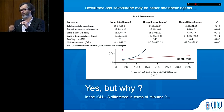I don't even remember the study where I picked this slide, but you can see that using isoflurane, you just gain 1 minute of recovery time as compared to sevoflurane. That's not a matter of interest in the ICU. So,